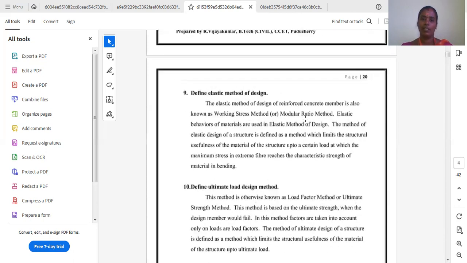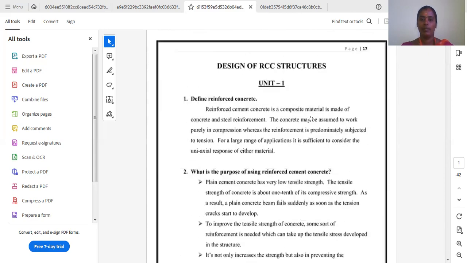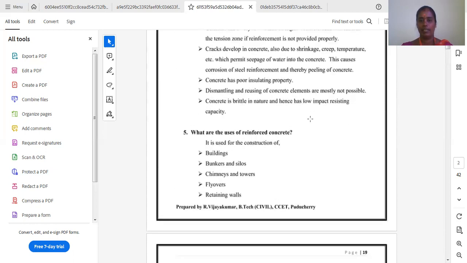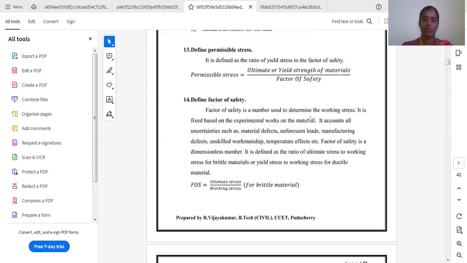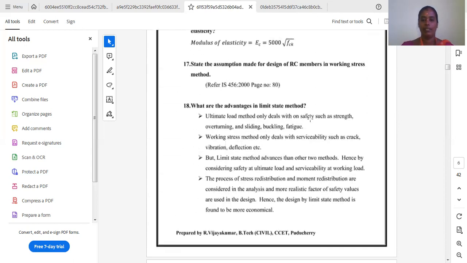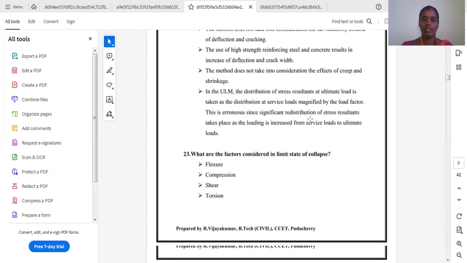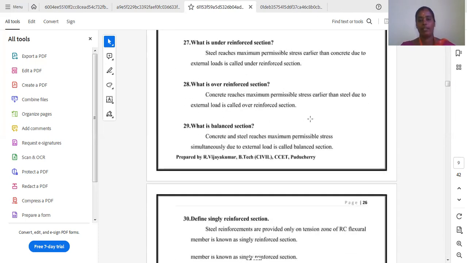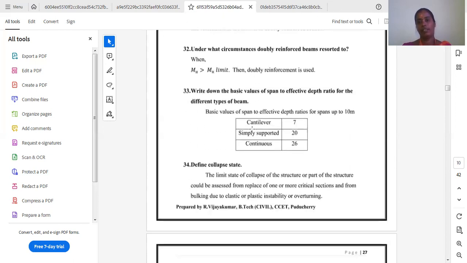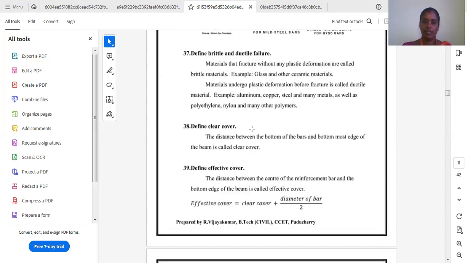Then coming to concrete, as I said, PCC, RCC. Then what are the grades of concrete? Grades of concrete were already studied in concrete technology: M20, M50, M35, M25, M40. Like that, we designed some concrete, and we studied about that concrete. So what is meant by M and what is meant by 20? M stands for mix and 20 stands for characteristic